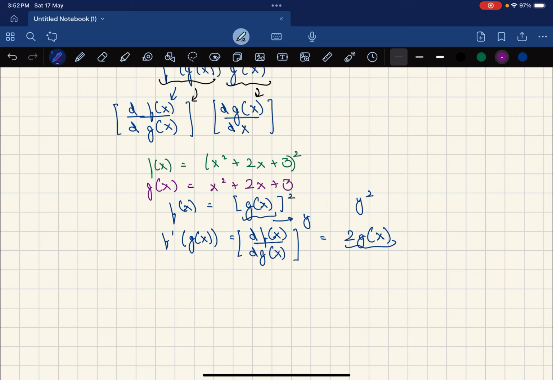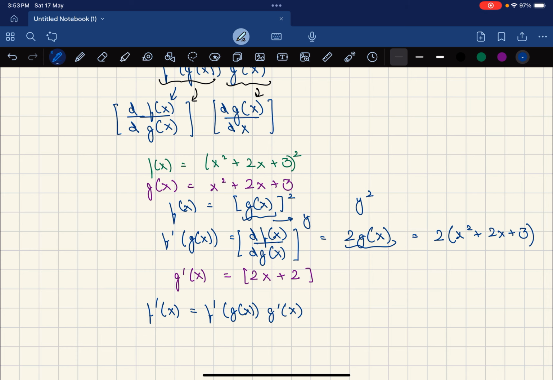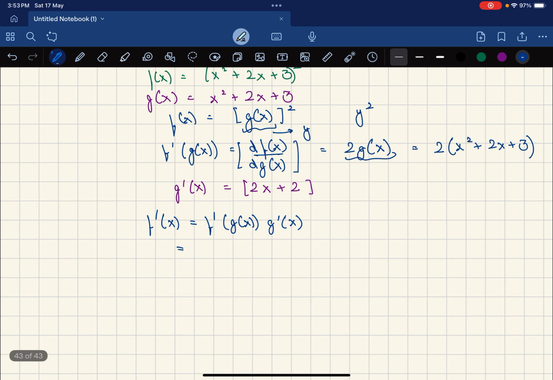Next, for the second term of the chain rule, we need to calculate g'(x) as well. So g'(x) is 2x plus 2, because the derivative of x square is 2x, the derivative of 2x is 2, and the derivative of 3 is 0. So we can ignore that and we get this particular value. Now remember that this 2 g(x) is still 2 times (x square plus 2x plus 3). Therefore f'(x), which is f'(g(x)) g'(x), can now be written as 2 (x square plus 2x plus 3)